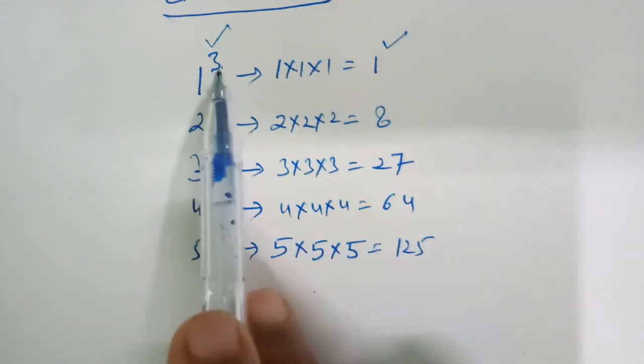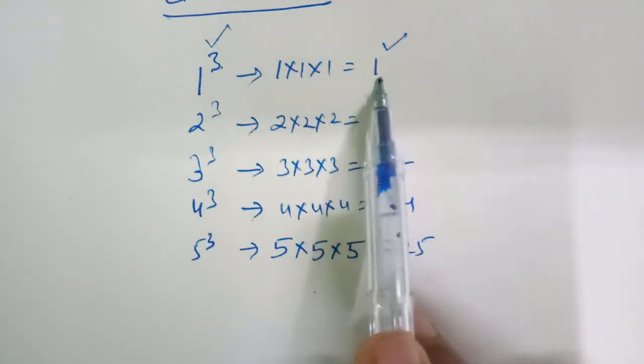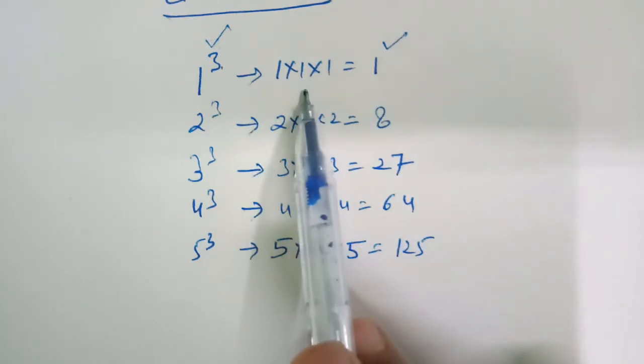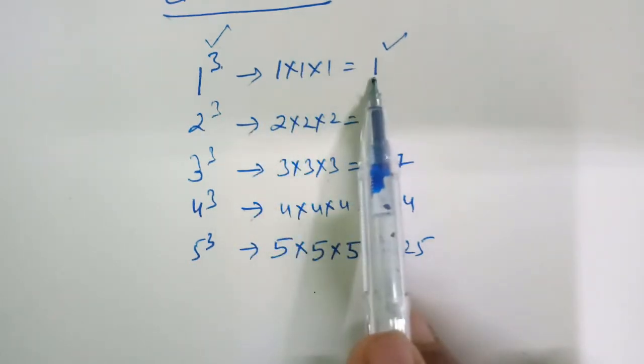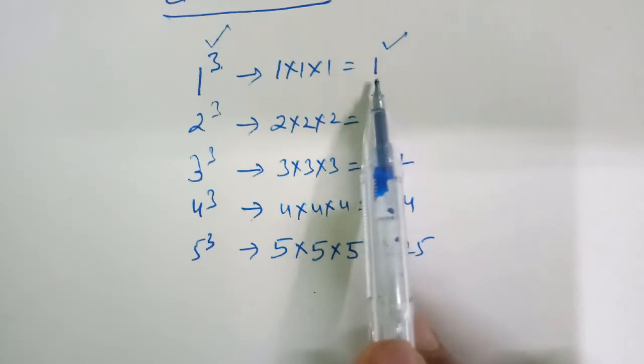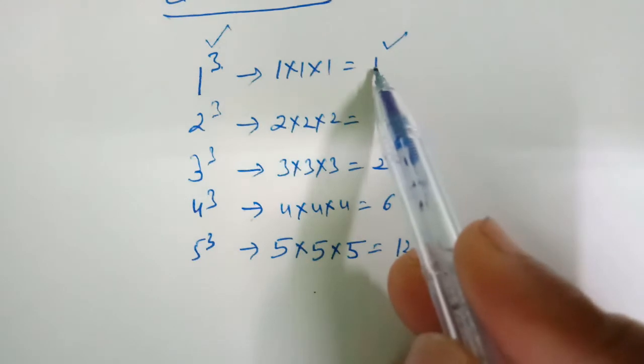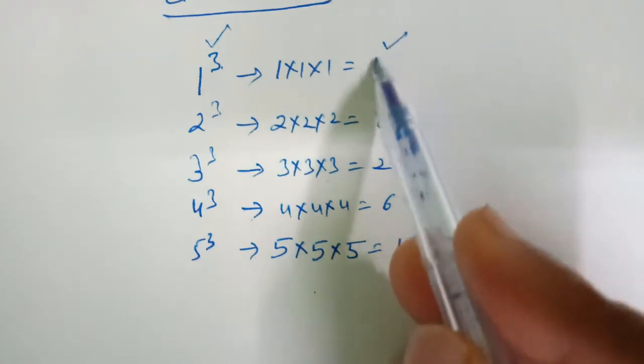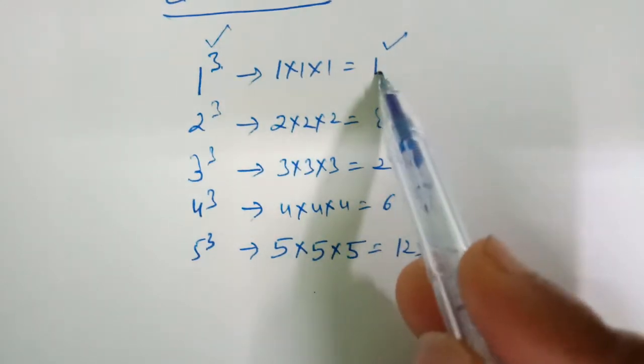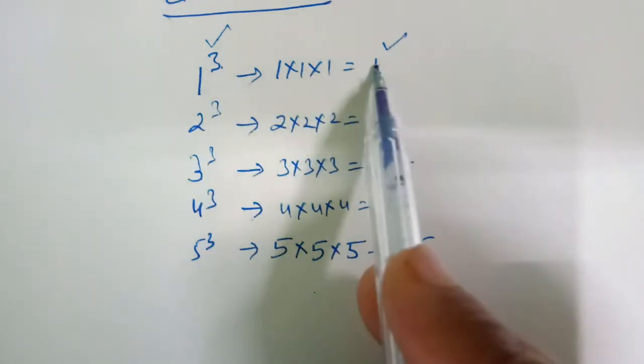So there is a relation between these two numbers. If we find the cube, then the number that we obtain after multiplying, for example 8, will be called a cube number or perfect cube. Now, if we put the cube root over here, both of them are reverse of each other.